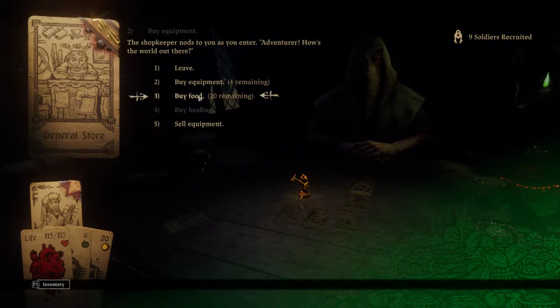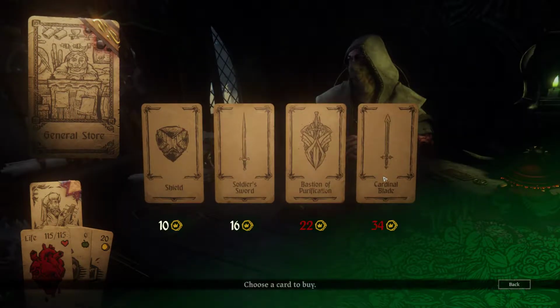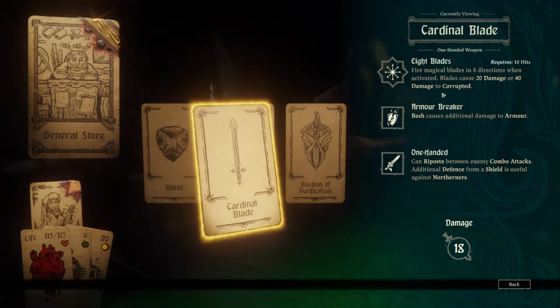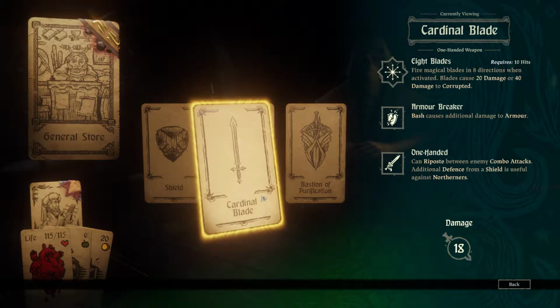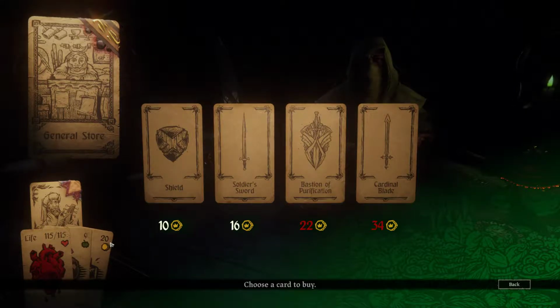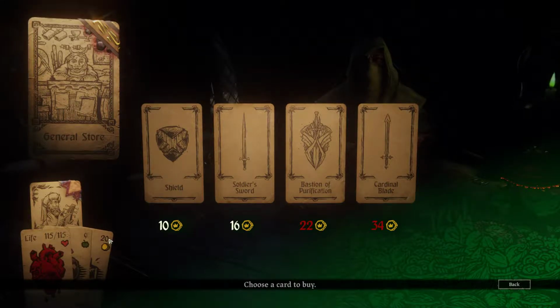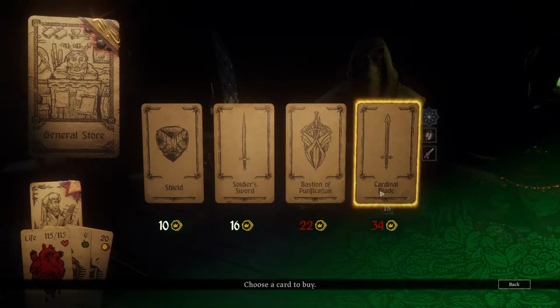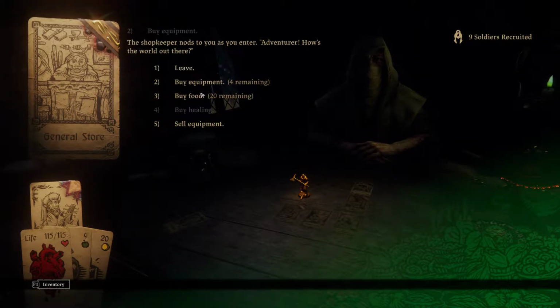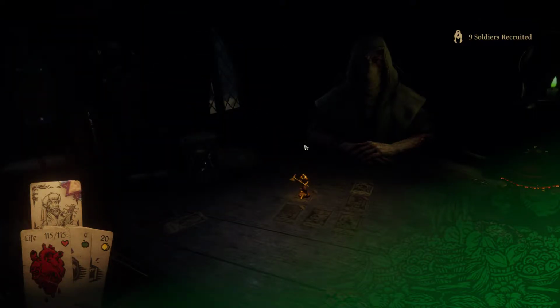Let's just take a look at what the Cardinal Blade does. It is also good against Corrupted, and it's a one-handed weapon that deals decent damage. I think it's really expensive. If we'd held on to the... If we'd gotten 10 more coins, we would have 30, and then we could have sold our axe and maybe bought the Cardinal Blade. But as it stands, we can't really do much, so let us leave and move on